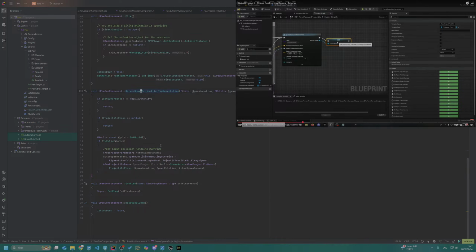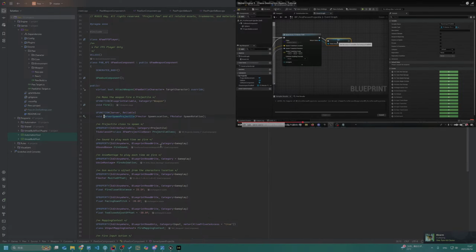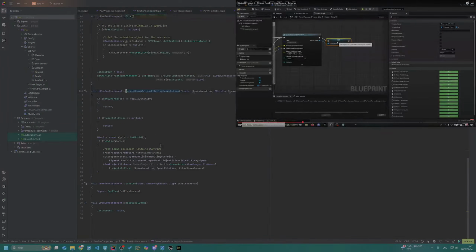Server spawn, server reliable. Let's do the server later. Just spawn the master field first without thinking about any other problem.